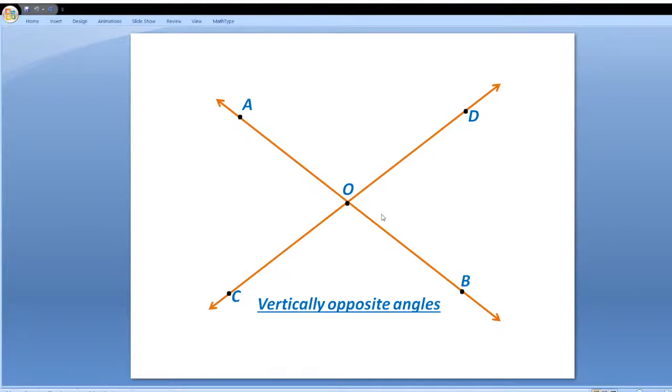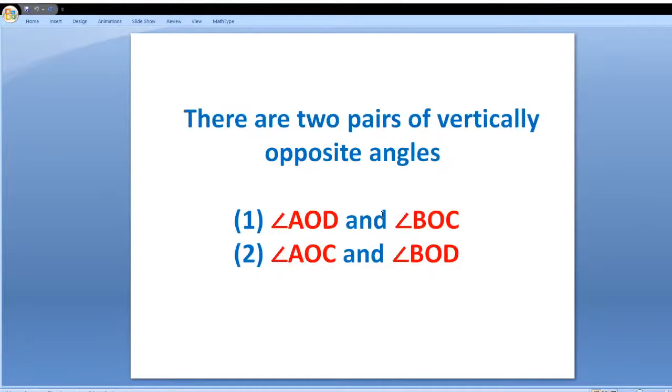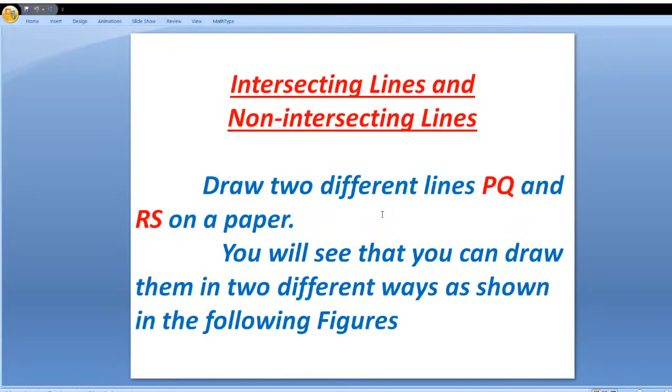Vertical opposite angles, intersecting lines and non-intersecting lines,